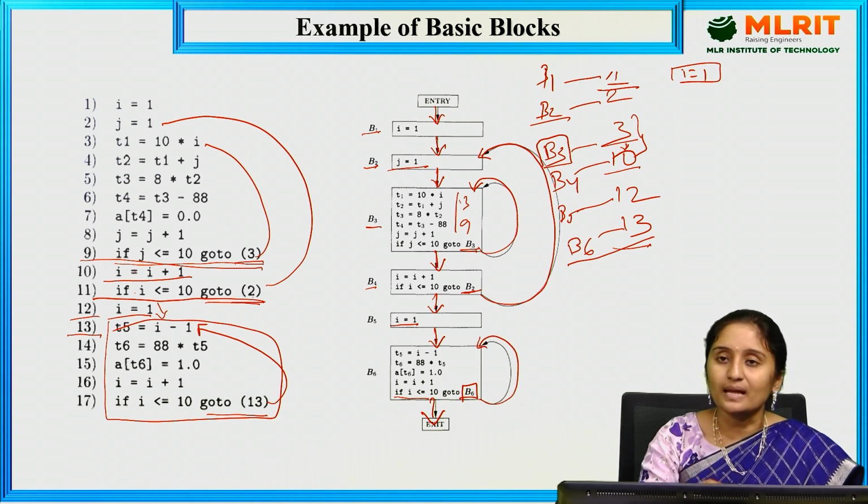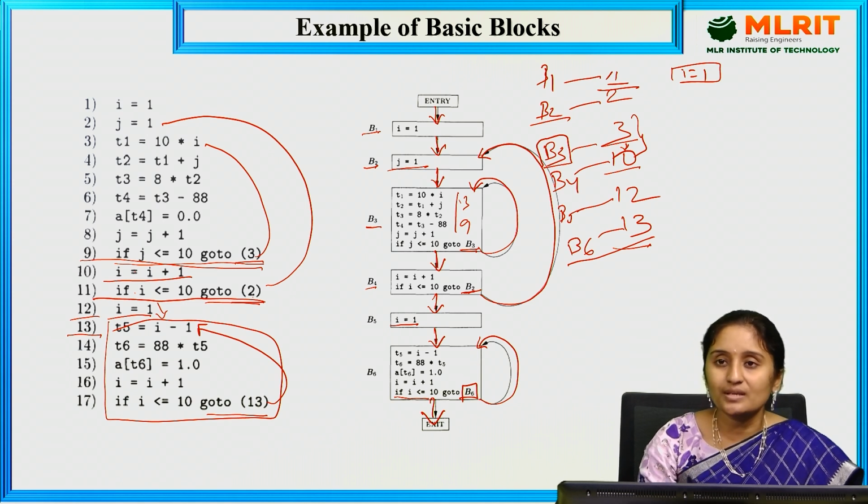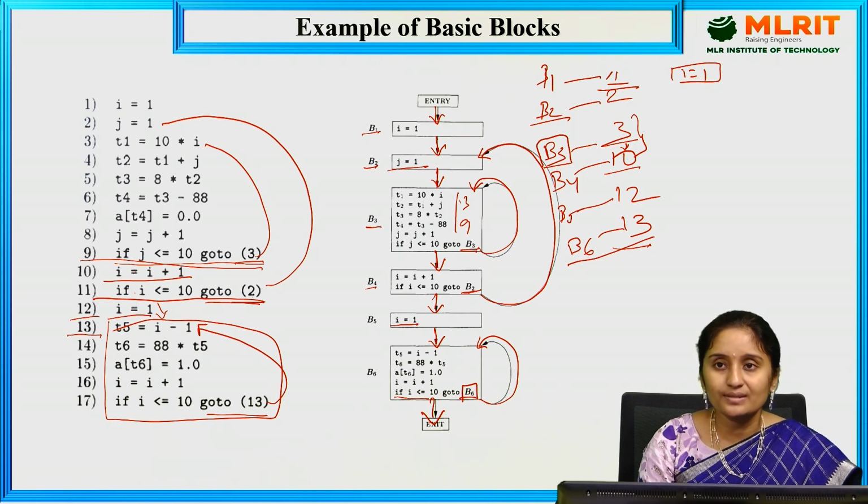So this is nothing but the flow graph. We are going to show the control flow of the information, from which block to which block we need to move, or how many times the same block needs to be executed. All the things are shown here in the flow graph. So here we have discussed what is the